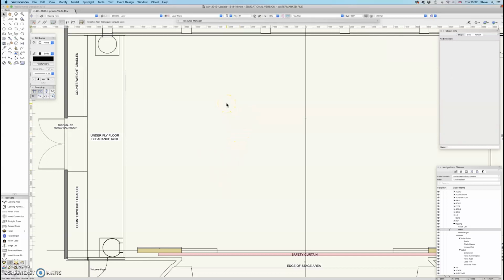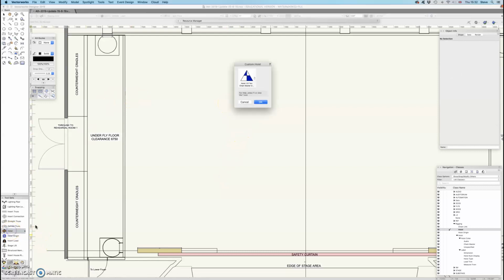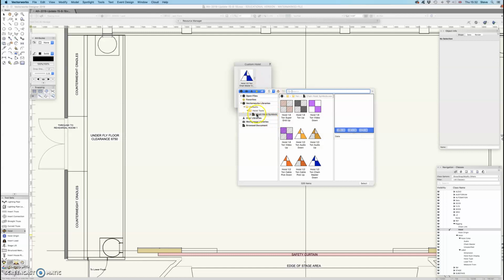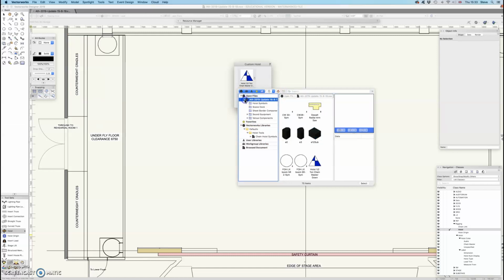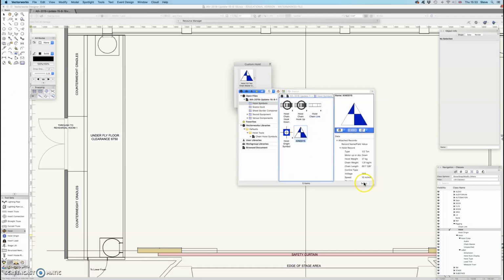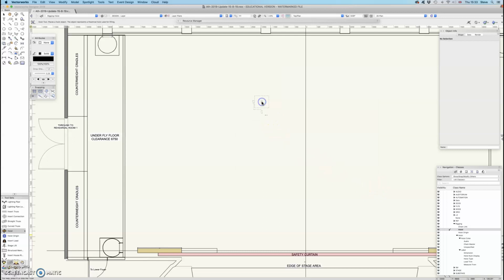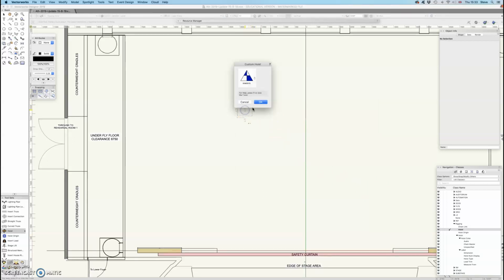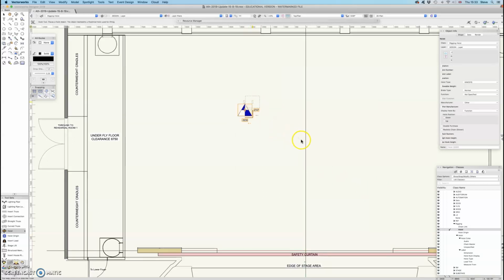So if I delete that now and I go back to my hoist tool, rather than choosing something from the default hoist chain symbols library, a brilliant library of all sorts of amazing things, but not the Kinesis or the lift kits I'm looking for, if I look in my open files in my hoist symbols, I will see my Kinesis. So I can then select that and use that to place my